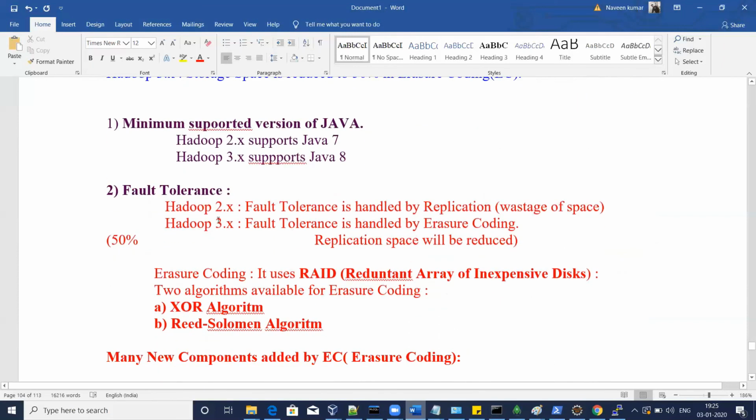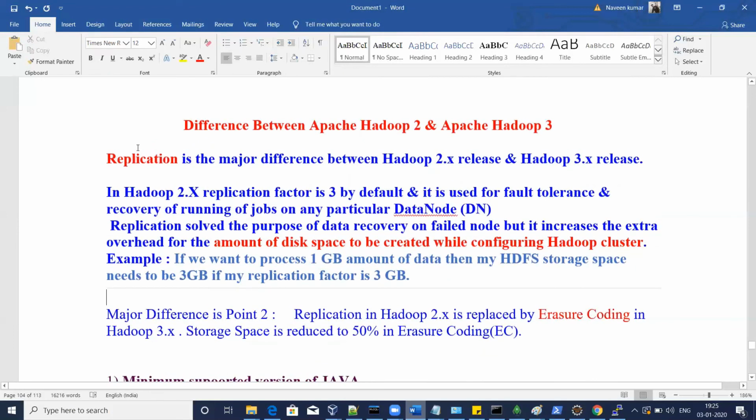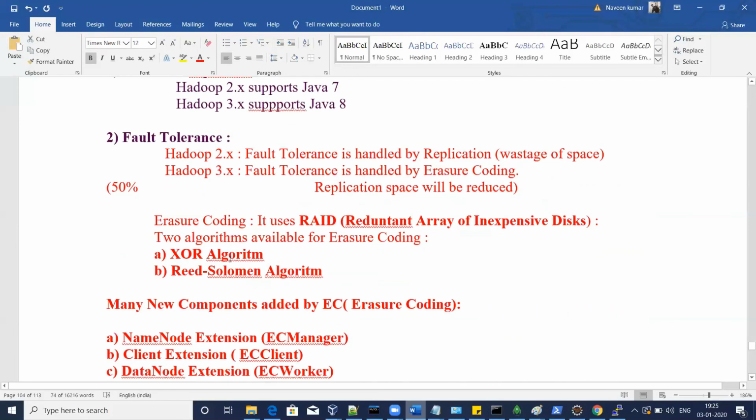Next difference is fault tolerance. As I told you, Hadoop 2.x handles fault tolerance by replication, but in Hadoop 3 we handle fault tolerance with the help of erasure coding. So 50% of the replication space will be reduced if we use this algorithm, and it's a wastage of space in Hadoop 2.